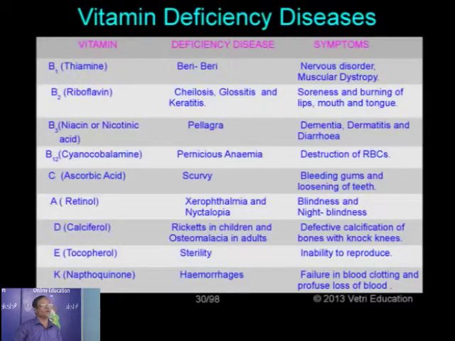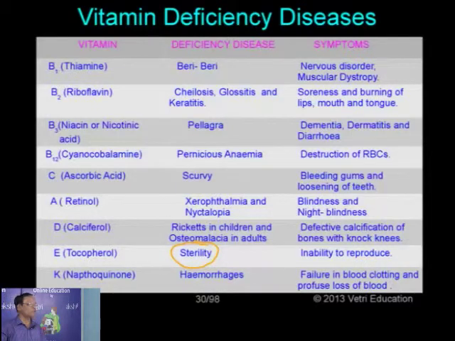Now the tocopherol, the chemical name for vitamin E, is concerned with the fertilization process, the fertility of animals, not just specifically in human beings. We cannot say it is concerned with the fertility of human beings. It is only the case of other mammals, for example, cats. So when this vitamin is absent, what will happen? Its deficiency causes a reduction in the reproducing capacity, the inability to reproduce properly. That phenomenon is known as sterility.